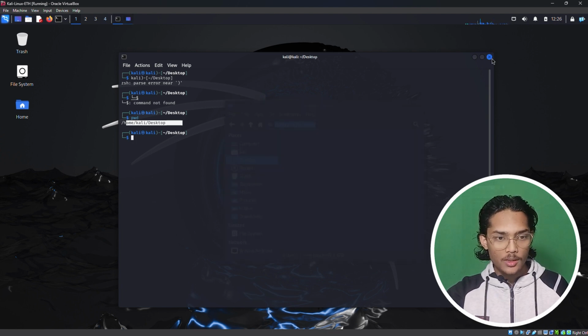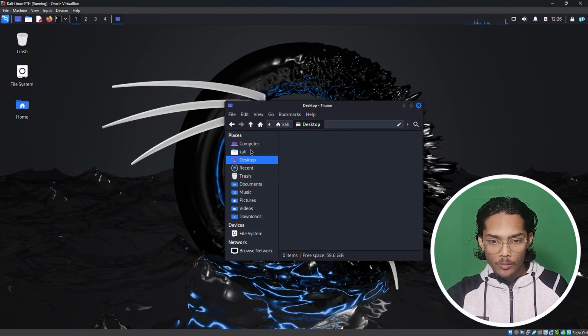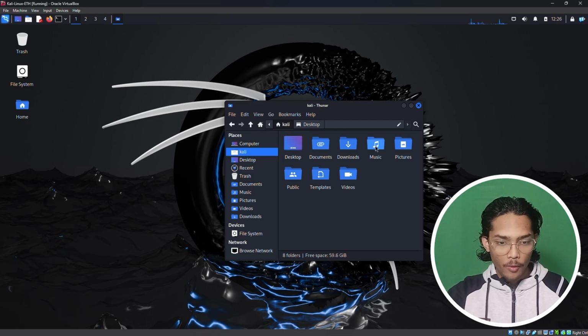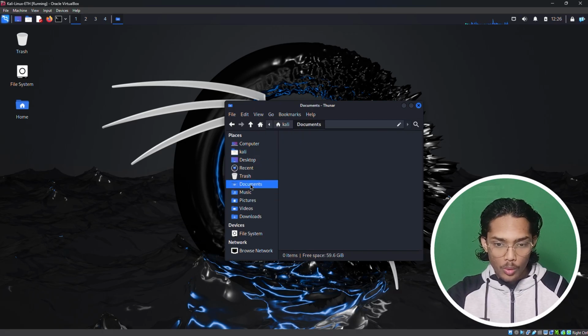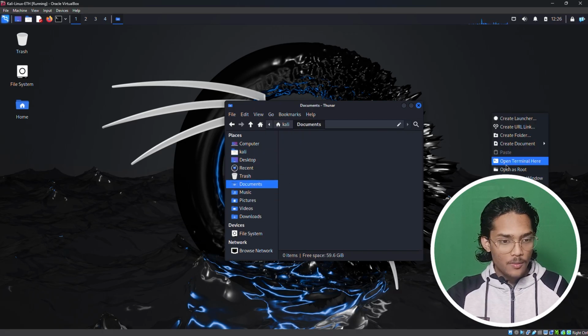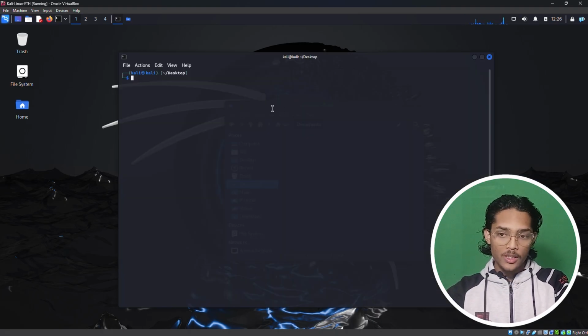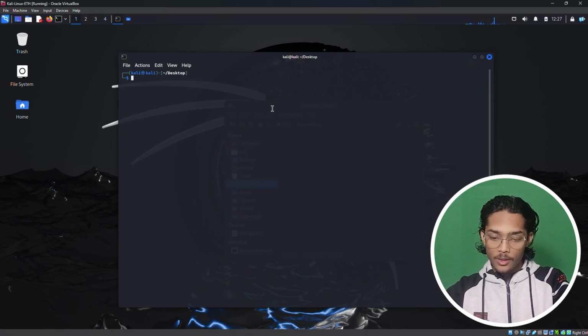So let's close this, and now you are in the kali directory, but you want to go to other directories as well. For example, you want to go to the music directory, or the documents directory. But as we have opened the terminal on our desktop, and now you want to change your directory, what command do you prefer? We prefer cd. Cd means change directory. So we type the command cd, and we wanted to go into the music directory, and as we press enter,